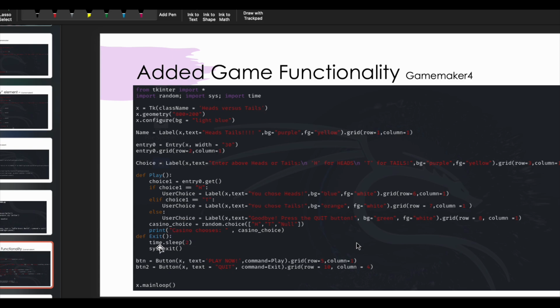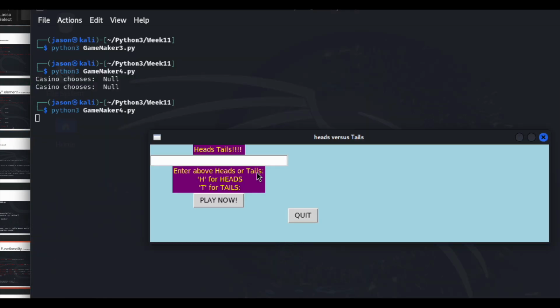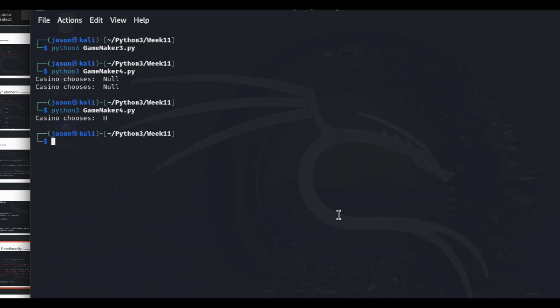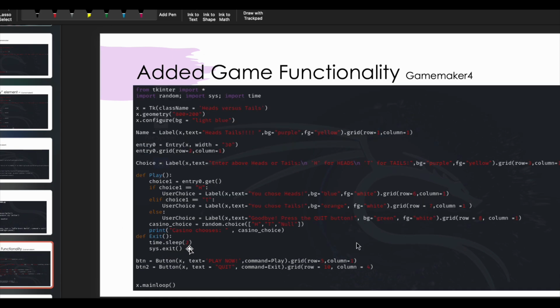However, this time functionality has a function or method called sleep, and that gives us a 3, or do I have, is that a 3 or 2? I can't tell, but I believe I put in a 2. It gives us a 2-second delay, because you notice here, let me just do it again. When I press H, it shows heads. I'm typing quit now, and 1, 2, and then it quits. So we can see that this matches up to the amount of seconds right here. And that is pretty much the only new thing.